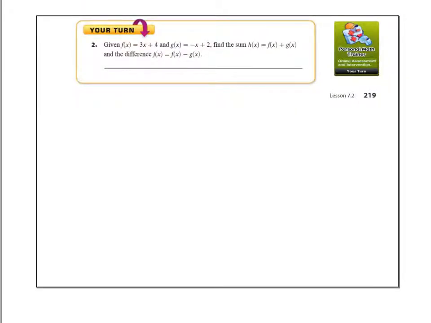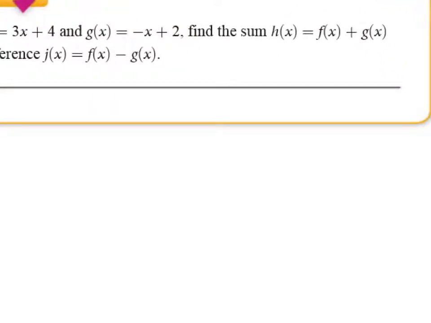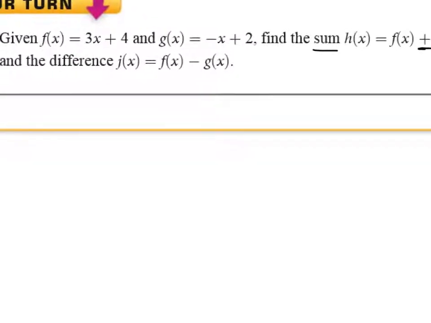Now we're actually going to practice our skills here. We're going to do one of them together, and then you'll do the other part on your own. The first thing they ask us to find is the sum for h of x. So sum plus the addition sign, we were going to add the functions together. So we're adding f of x